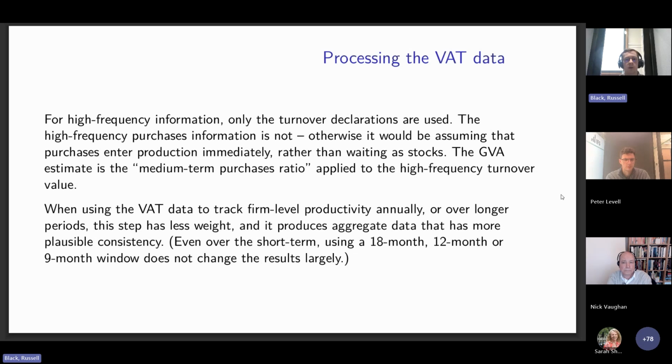It depends what we want to use the VAT data for. Do we want to use the VAT data because it's timely, because it comes faster than the other data sources, or do you want to use the VAT data because it's comprehensive, because we have all companies and we're still looking at annual growth over time of all companies, and how much this matters?